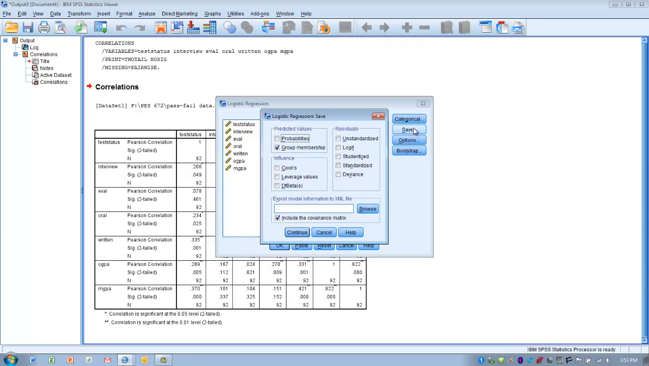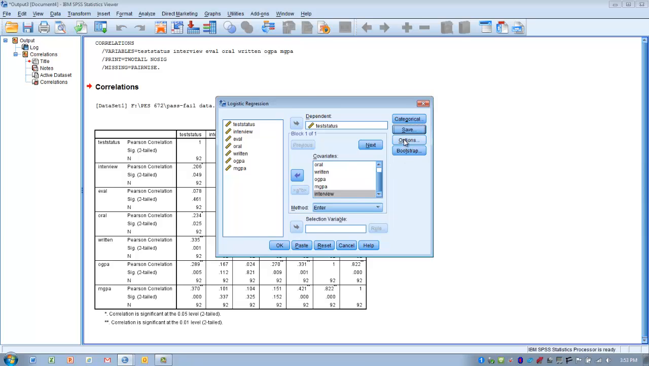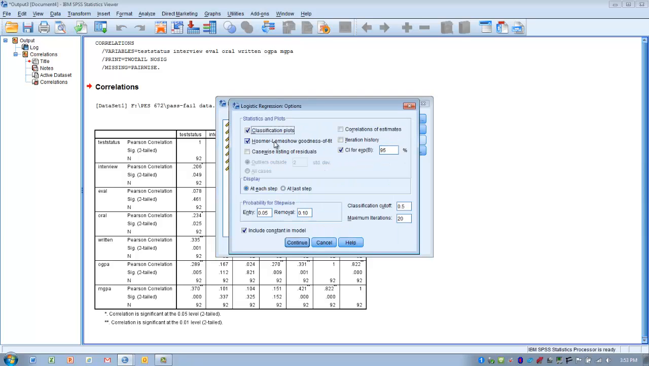Okay, we then want to go to the save option, and we want to ask for what the predicted group membership might be, so we can get an idea of how well this model is predicting someone's pass or fail on the exam. So we want to make sure that is checked. Click continue, and then we go to the options button, and we want to ask for